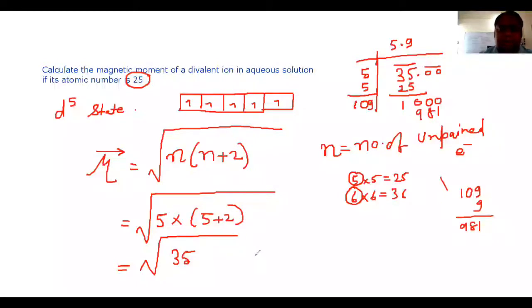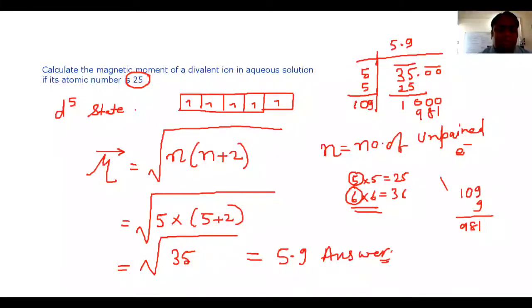So we can write that the value will be 5.9. Even if you would have taken 6, our answer would have been approximately right. This is what happens in higher classes, we forget the rules which we use in our lower classes. So it is good to show the rough work once.